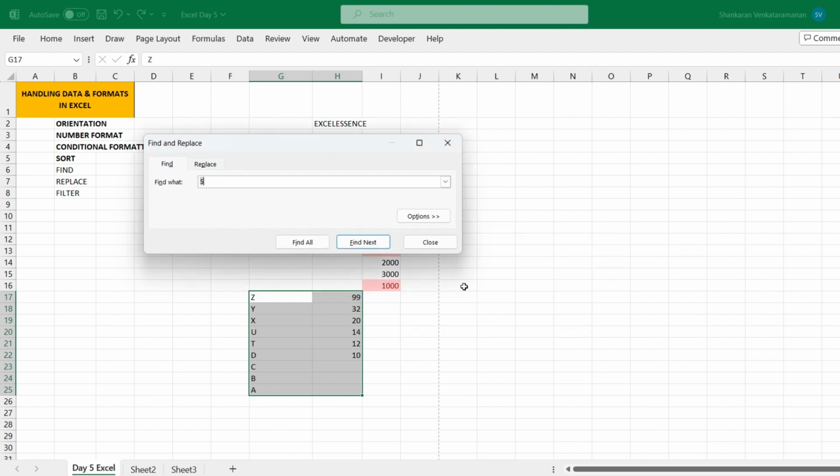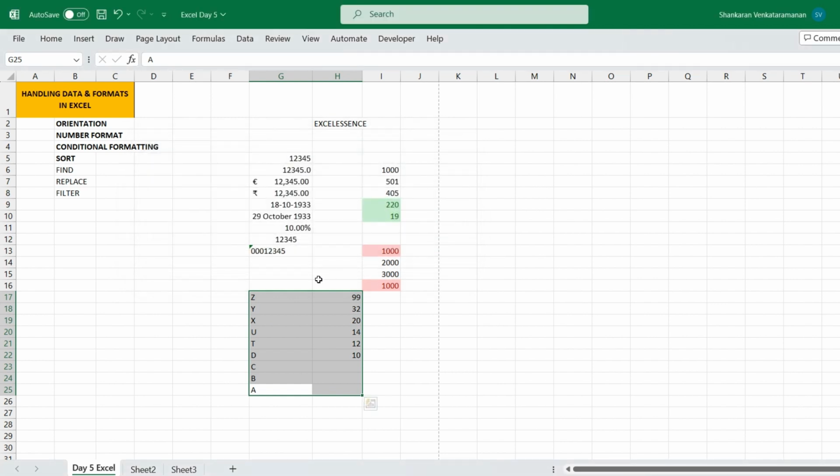Unfortunately, there is no S. Let me try with A. Yes, it's available. Find will check for a value in one particular cell at a time and within a given range if it's selected. If this particular range is not selected, let's say